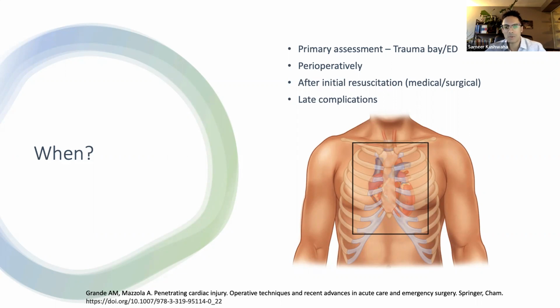This diagram just shows one of the commonly described concepts of the cardiac box, which is roughly the area bounded by the nipples on either side, the clavicle, and the xiphoid process, with the idea being that penetrating injuries in this area are more likely to cause cardiac injury. I think some people in the trauma community think this is a less useful concept nowadays, but it seems to be more true of knife wounds rather than gunshots or other projectiles, which can have more unpredictable courses.